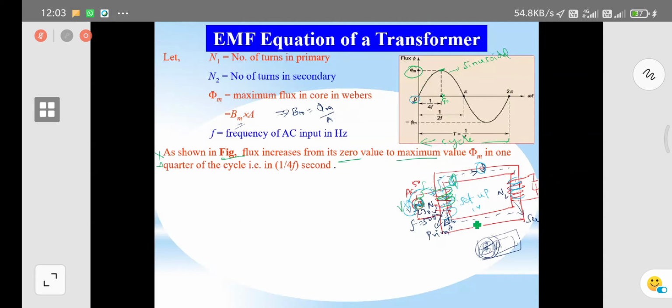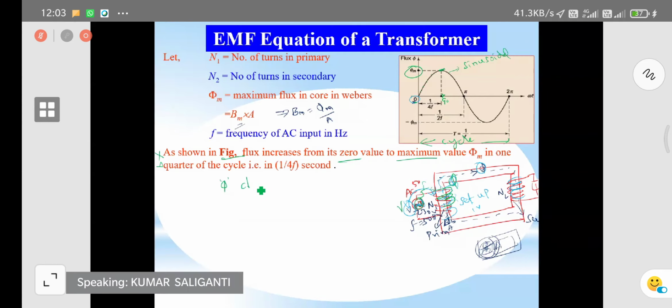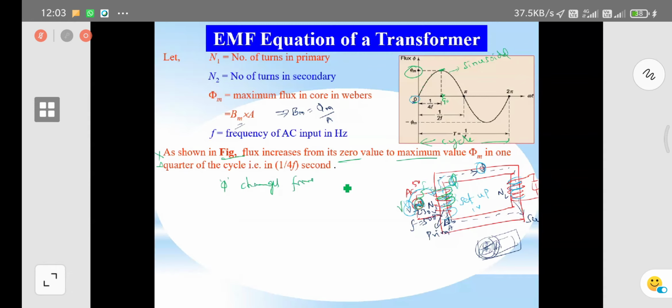So you can see this is plus phi m, this is minus phi m. Hence the flux changes from plus phi m to minus phi m